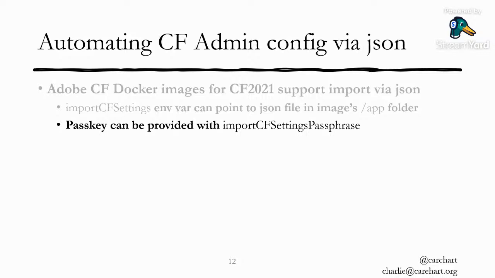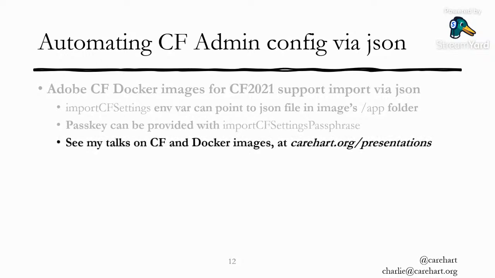Anyway, as far as that passphrase, I should have said passphrase, not passkey. That passphrase, if one has been set, then you would name it with another environment variable called import CF settings passphrase. And we're running short on time, so I'm not going to demo this, but I will say first that